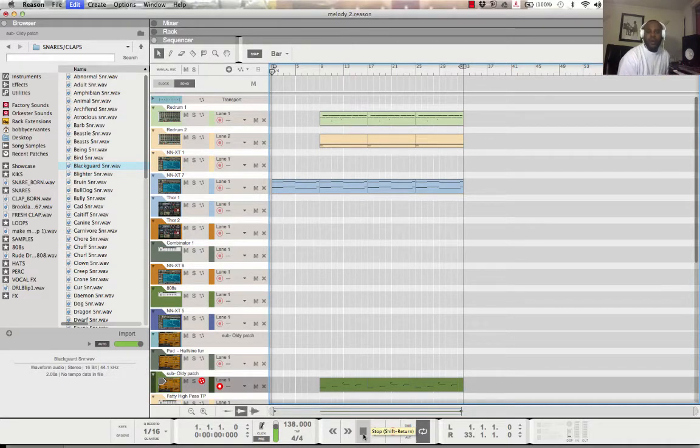But what you want is you want to take your listener on an experience. So now we're talking about the overall beat. You know about the drums, you know about the melodies. Now it's time to arrange it. You want to take them on an experience. Now, what I normally do within my intro is I usually have it to where I might add